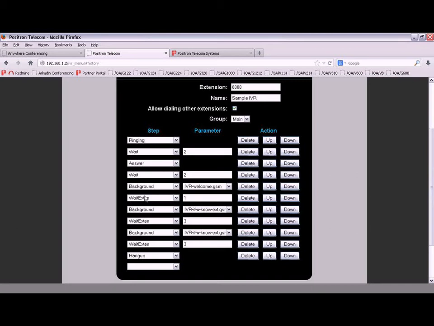So just below here, then we give them 1 second for wait extend. So already right here we're giving them the duration of the message to actually punch something in, and then an extra second below to start punching something in. So this is hello and welcome to Positron. And then the next message here